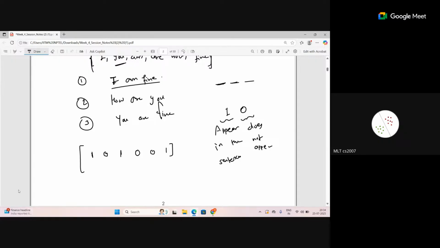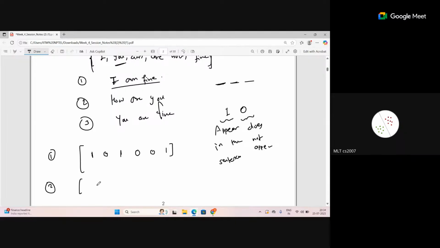So this is my first sentence. The machine will not understand words the way we understand them, right? Machine will only understand the language of numbers. So we have to somehow give the numbers to the machine so that it can work on them, because we have techniques to work with numbers.